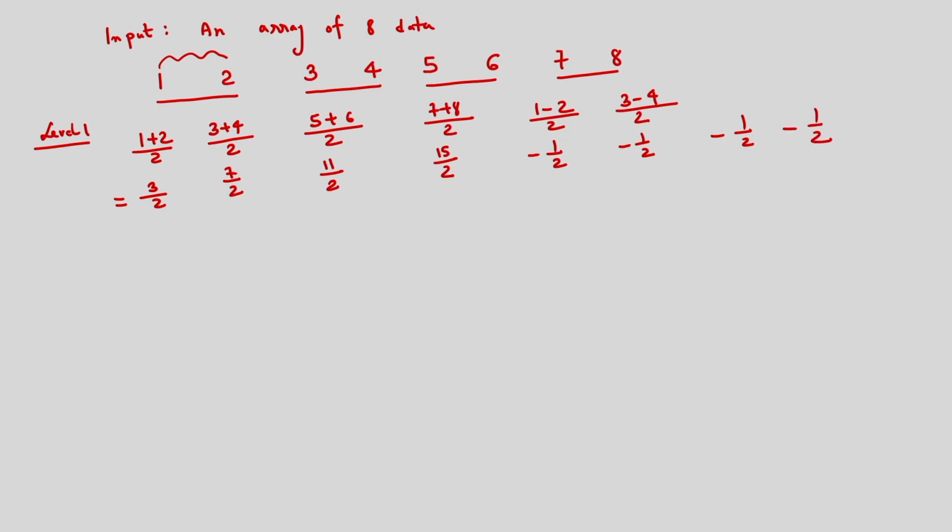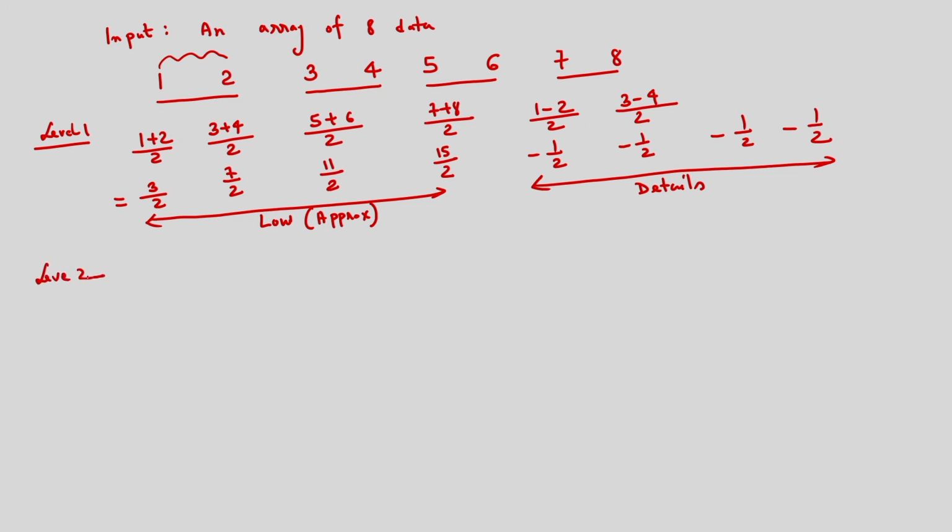So in the level 1 decomposition, you can see I am getting the low frequency information. These are the low frequency information up to this, and also I am getting the detail information. Low frequency means it is the approximate information I am getting, and in this case I am getting the detail information. So this is level 1 decomposition.